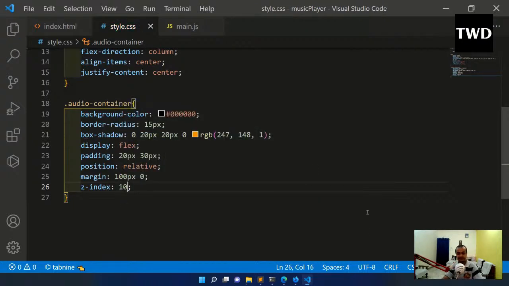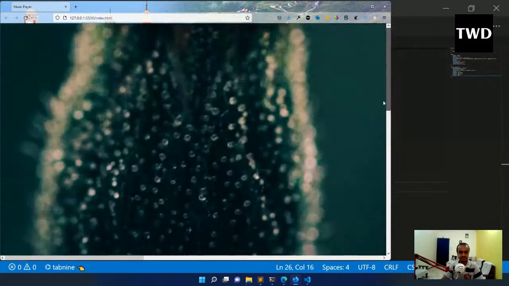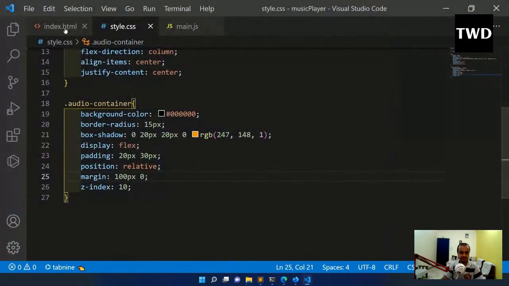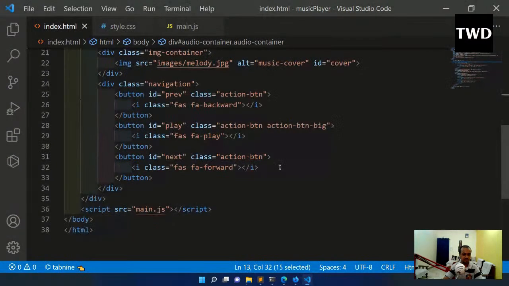Save it. Like this, the image is way too big. Okay, not an issue. So after audio container,